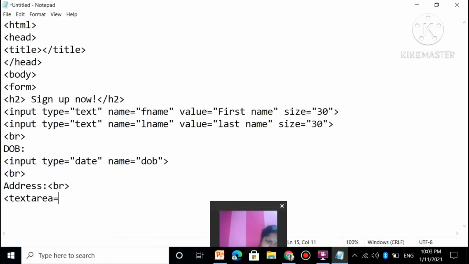Okay, is equal to textarea, name is equal to, give a name, address. Okay. You can give here how many rows and how many columns you want to. Suppose you have 3 rows, columns is equal to 30. Okay. Then you can here give maximum length.